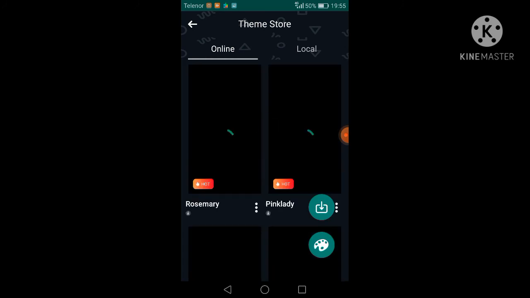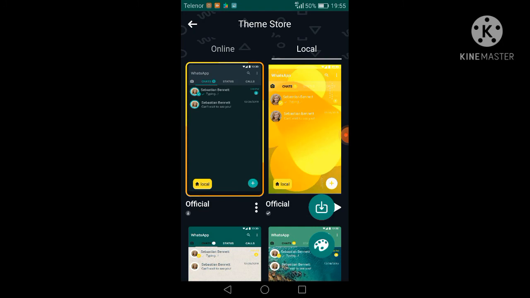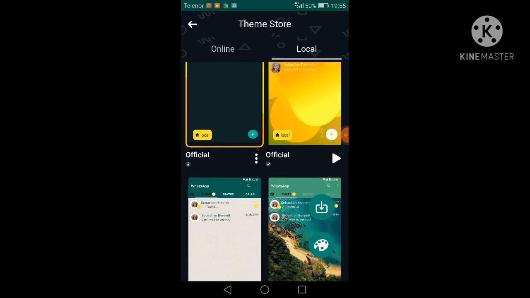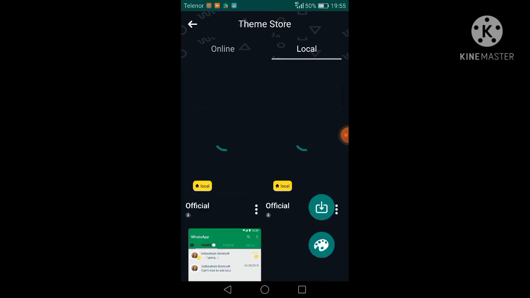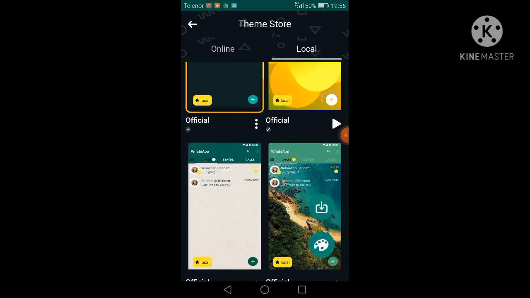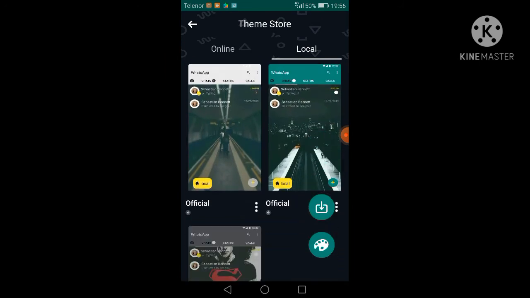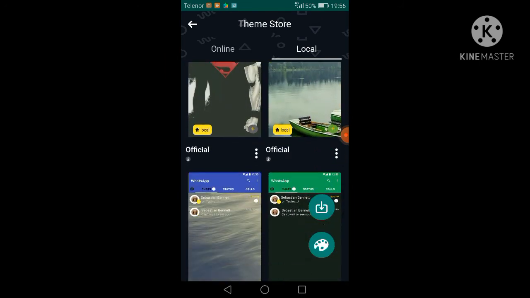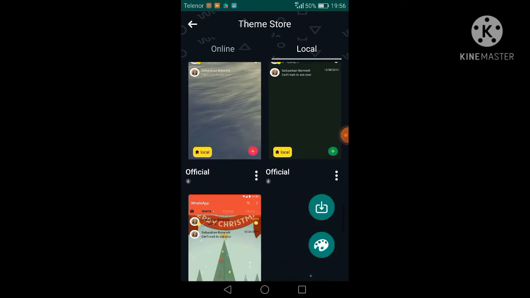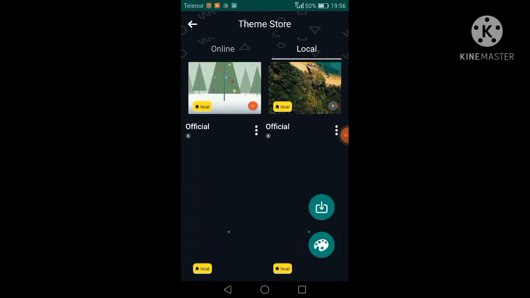If you have no internet, you can easily download all these themes, so just click on the local. If you click on the local, there are many options. Right now I have only these options, but there are many WhatsApp themes.